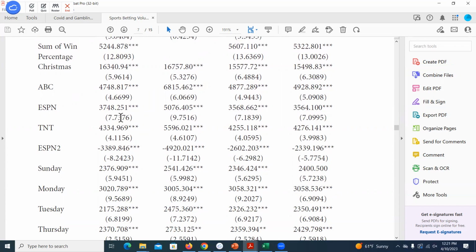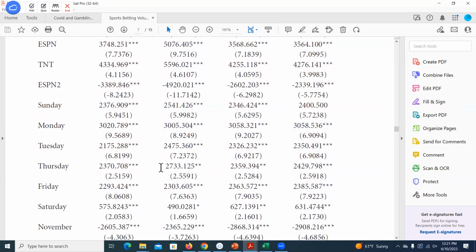This is because our dependent variable is the value of bets, or the amount of money. What's interesting is we also see an effect if it's on ESPN2. This wasn't NFL, since I was using NFL in my point spread example, but I believe it was the NHL and NBA here. If games end up on ESPN2, probably it's because it wasn't as likely a game people wanted to watch, and we see less money bet on those games. People don't like to bet on things they can't watch the outcome of. I don't like to bet on something if I'm not going to be able to watch it.